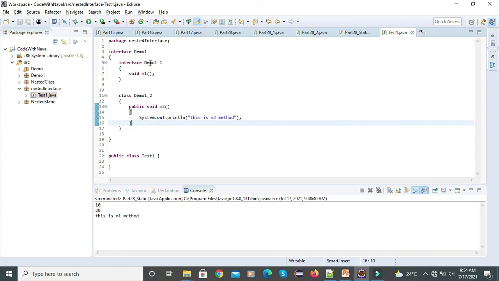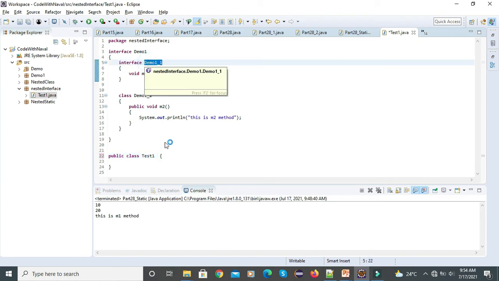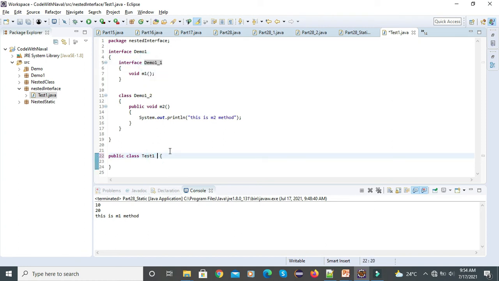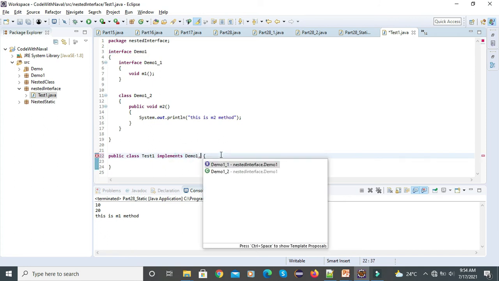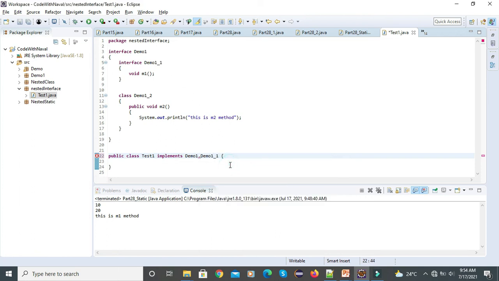Now how can we extend this inner interface and this inner class? I want to extend the inner interface as well as the inner class. How can we do that? For accessing this interface we have to add implements. I'll add implements, first declare the outer interface demo1, then the inner interface demo1-1.